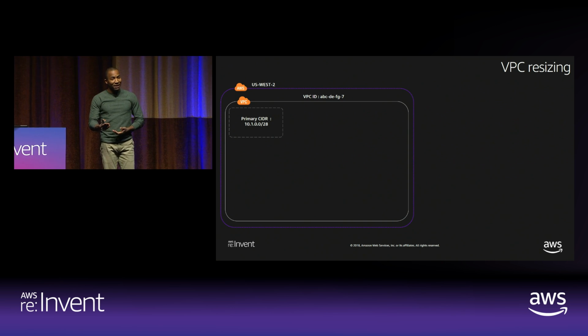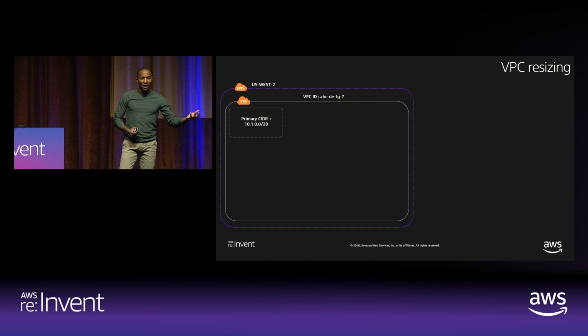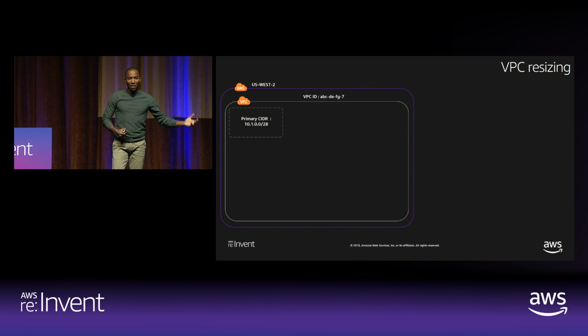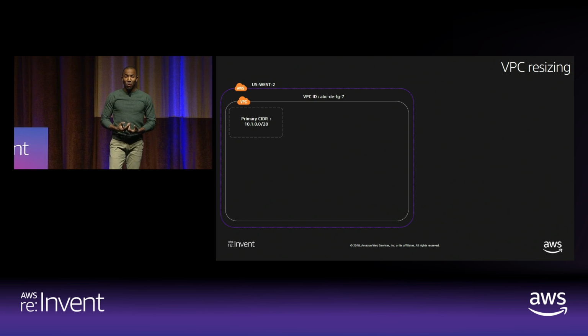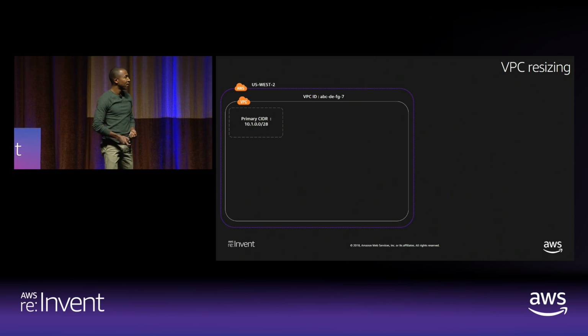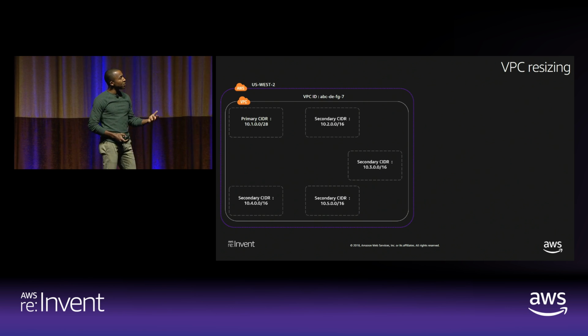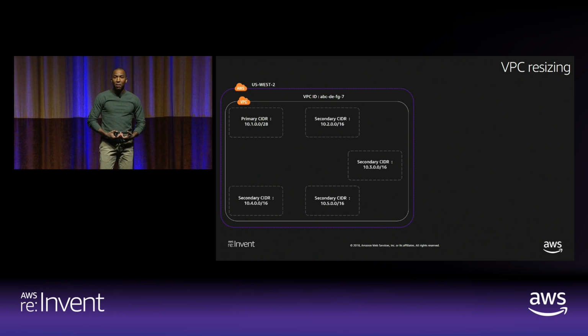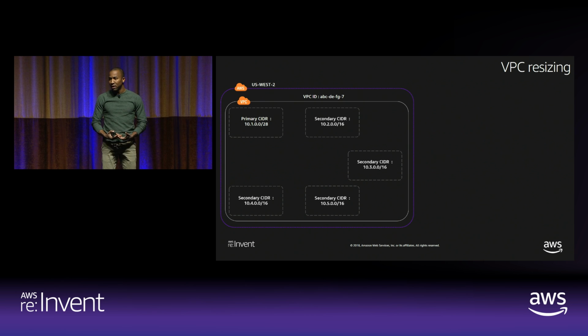Now, the problem is the IP space you've defined isn't large enough to support your organization. For workloads already running, do you stop them, migrate them, and create a bigger VPC to support them? Or can you simply modify the VPC you've already created? Last year, we provided customers with the ability to associate multiple additional CIDR blocks to a single VPC ID.